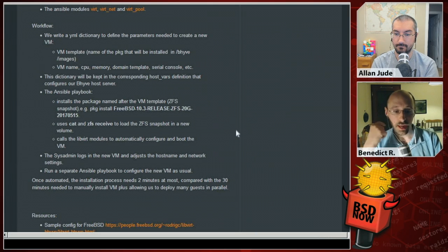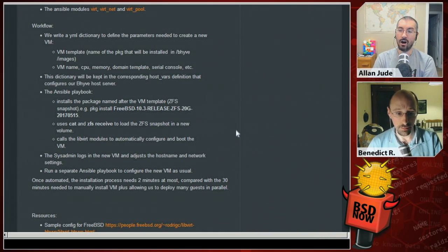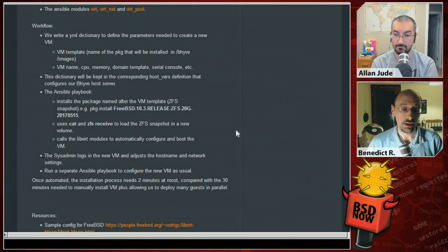That also has the VM name, the CPU, the memory, the domain template, serial console, so most of the things that you might need in your little VM. This dictionary will then be kept in the corresponding host_vars definition, that's Ansible specific, that configures our bhyve host server, and then basically describes the Ansible playbook. That one does installing the packages, or the package named after the VM template, which is the ZFS snapshot. For example, package install FreeBSD 10.3 release ZFS 20 gigs on a specific date,